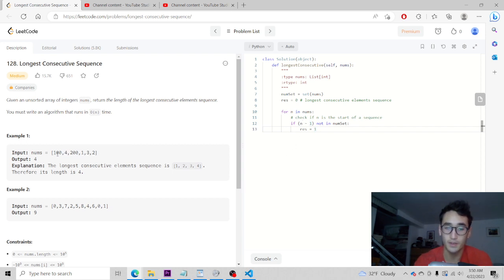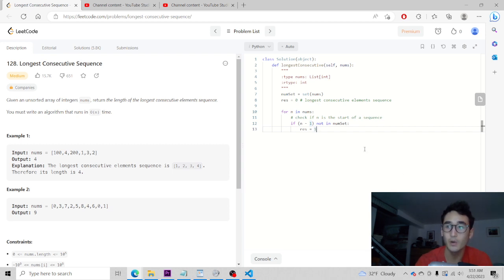So if it looks at 100, and 99 is not in numset, then we know that the length of the consecutive element sequence is 1.